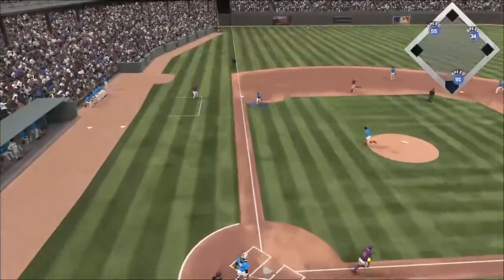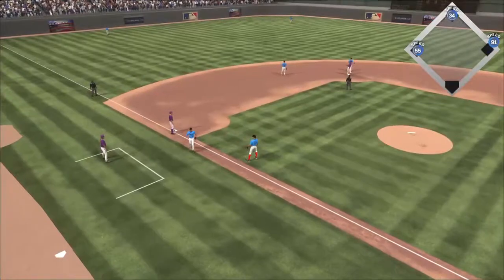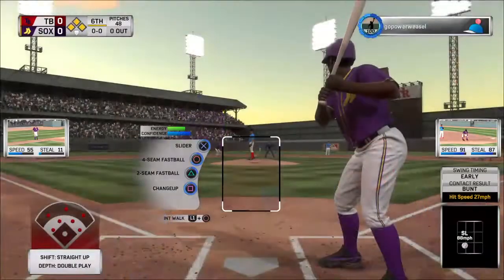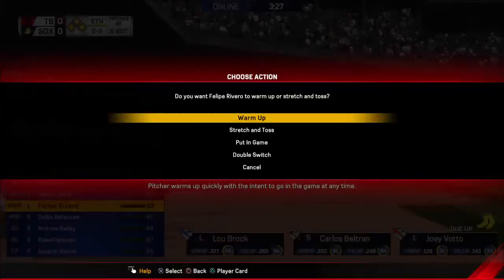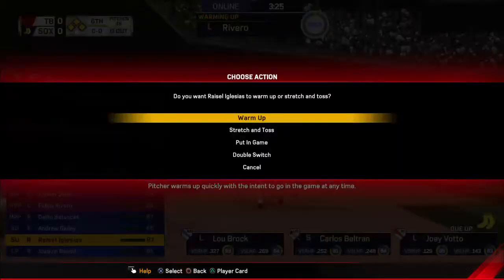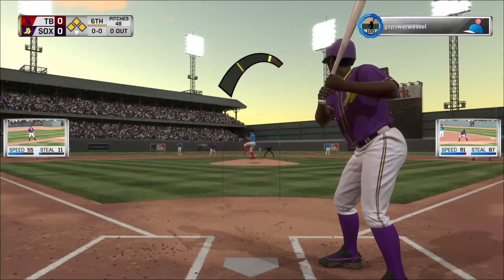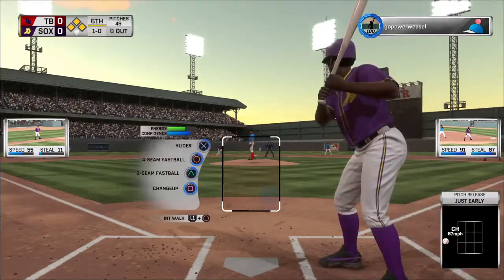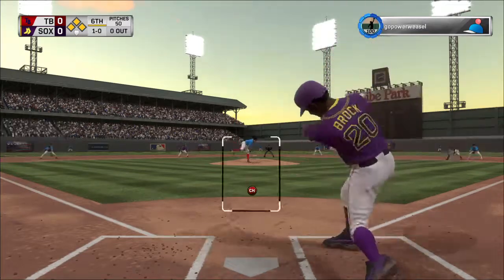Now a bunt attempt here. And he'll just put it in his pocket. It's an infield single. Ready once again, Lou Brock. He comes in 0 for 2 thus far. Yeah, we see a lefty and a right-hander start to loosen up in the bullpen. Off the plate and away there. 1 ball, no strikes. This situation right here, 1-0 with the bases loaded, you've got to stay